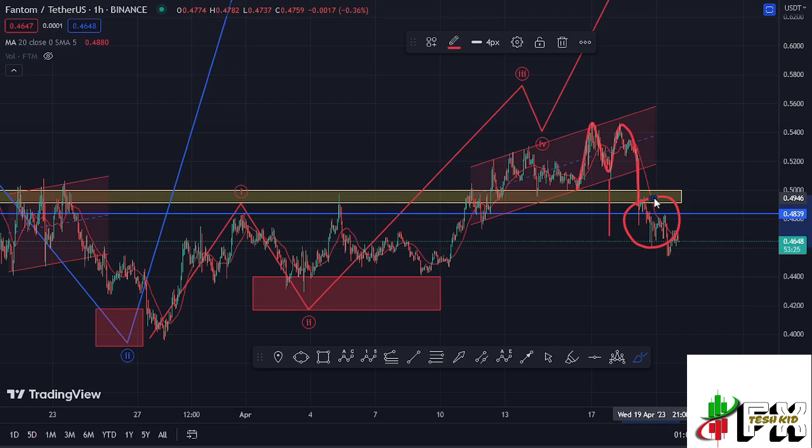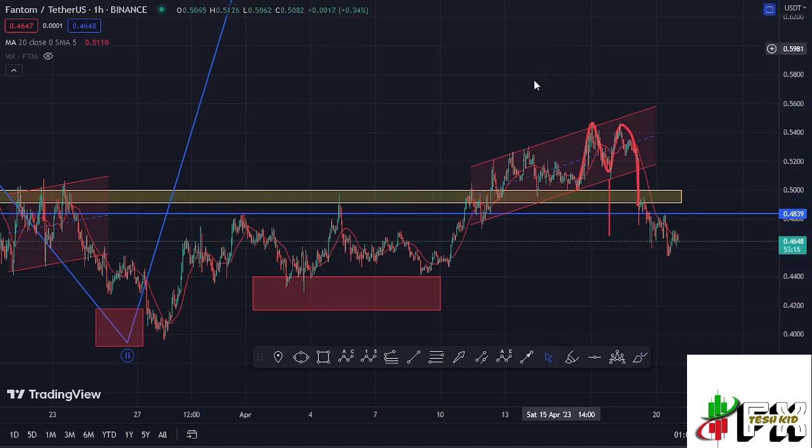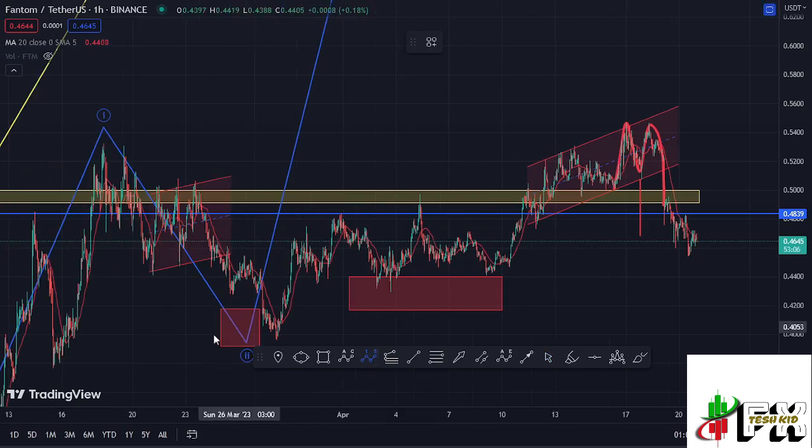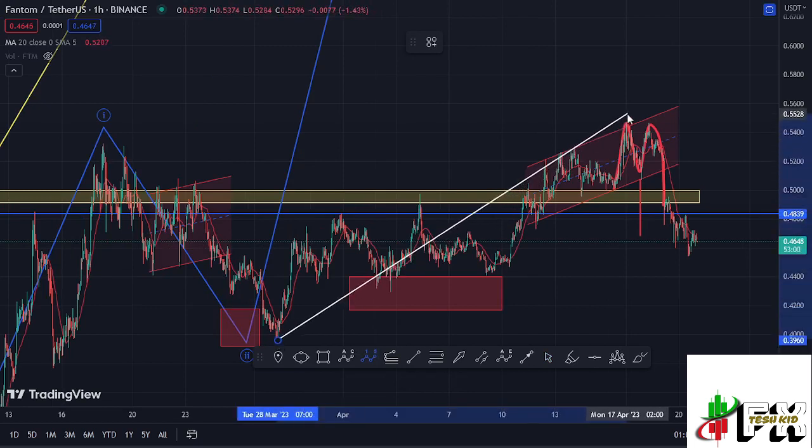And because of that, I want to give you an alternative scenario that you can have in mind here on the Fantom chart by first removing this Elliot wave structure, since it is now about to get invalidated, and have a different Elliot wave count where we can term this whole structure to the upside as a larger Elliot wave count 1 to the upside. So we can term this whole structure from the low on the 23rd of March as a higher Elliot wave count 1 to the upside, giving us a high at around the